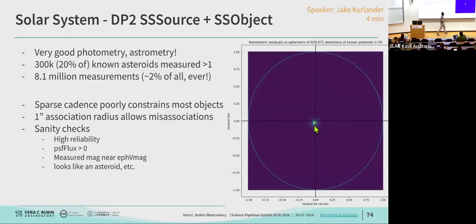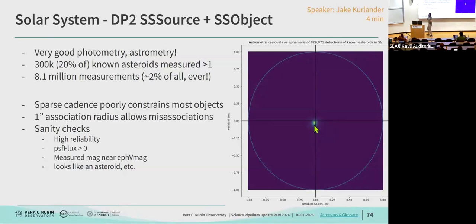So although you don't see a lot of density over here, there are some SSSources with ephemeris offsets of around an arcsecond. And although we didn't make many cuts on which SSSources we put into DP2, I would stress that anyone using this for science should take into account the fact that nearly all